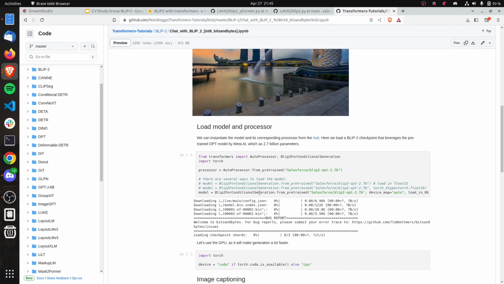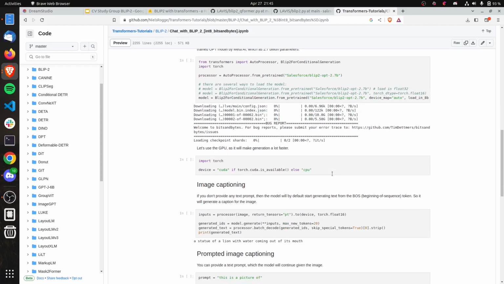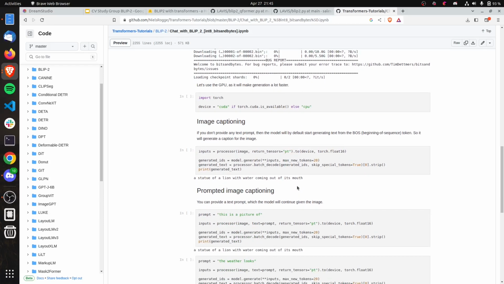This one is for conditional generation. You can also say from_pretrained again, right? Then you do the torch CUDA stuff, the usual, and then you can start by passing the image you loaded up there to the processor, which gives you inputs. Then you generate IDs by loading the model and calling generate with the inputs, and then you get generated text with processor batch decode, and you can print the text. So if you just want captioning, you just have to put in an image, of course.